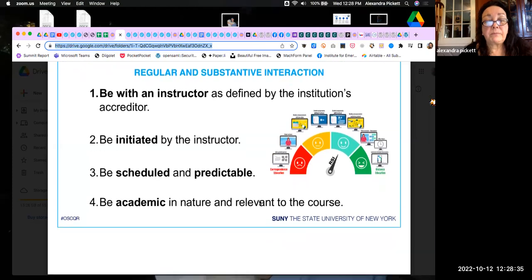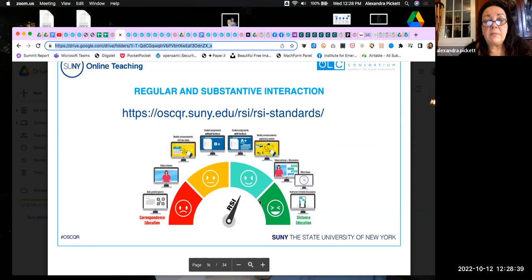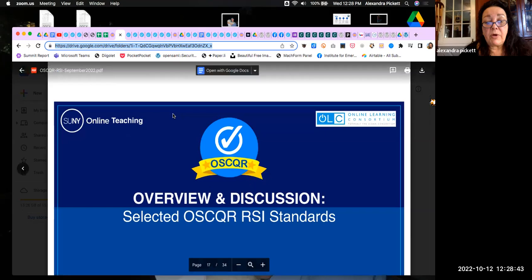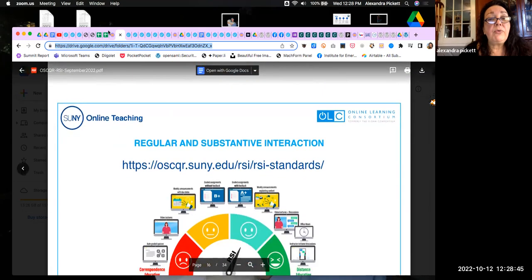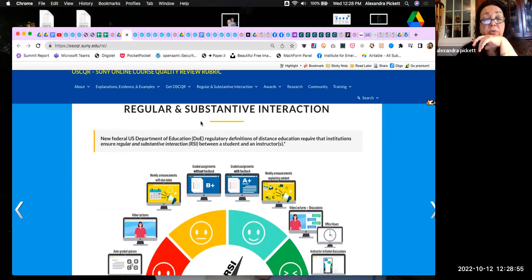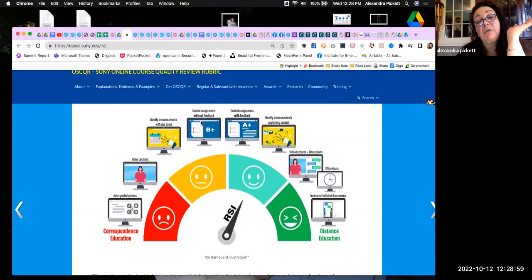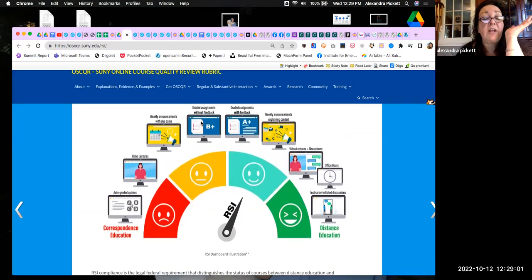All right. Okay, so let's go through some of these web pages so that I can show you on the OSCQR website where I have information that I think is important for you to know about. And this illustration was designed by our friends at Empire State College, and I really love it because